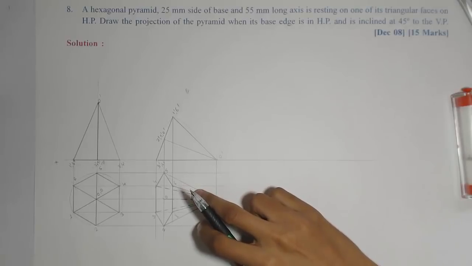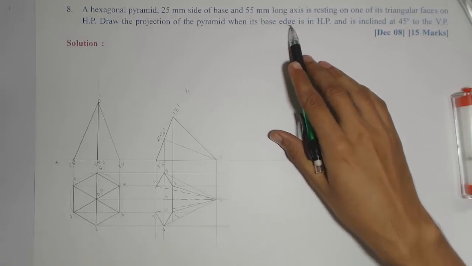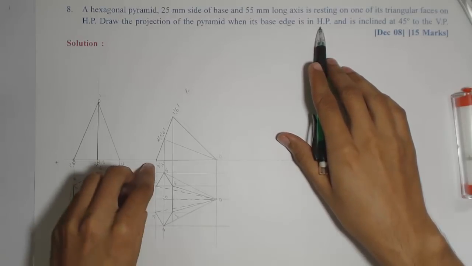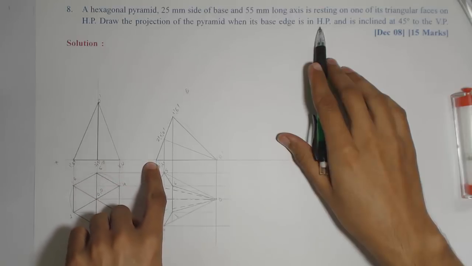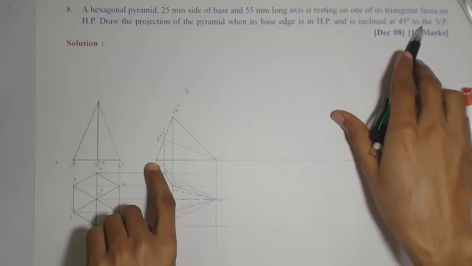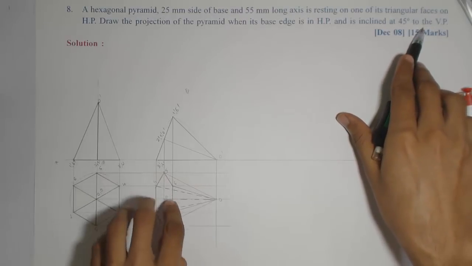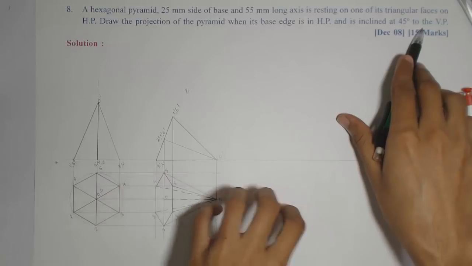But now the condition for redrawing the top view is given as: draw the projection of the pyramid when the base edge is in the HP. So that condition is already satisfied by keeping this 3 dash 4 dash on the XY line, and it is inclined at 45 degree to the VP. So this 45 degree inclination to the VP will be used for redrawing this top view,